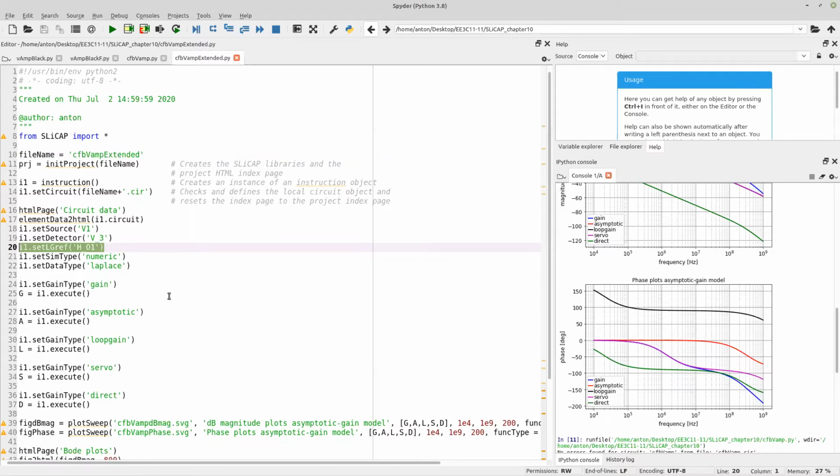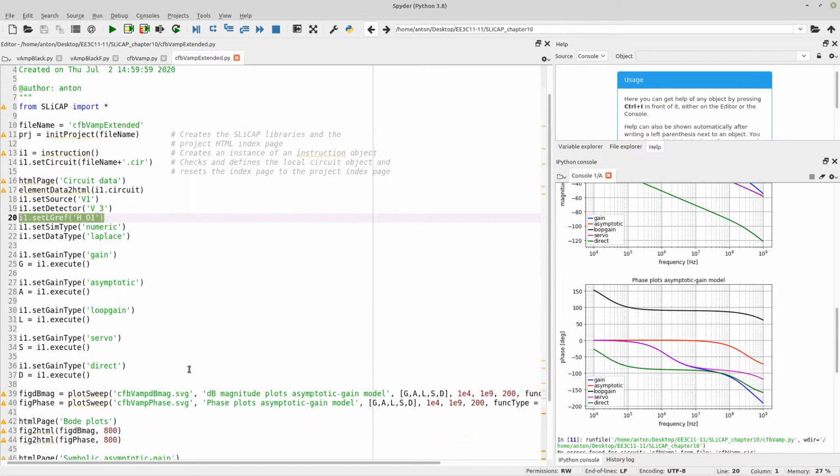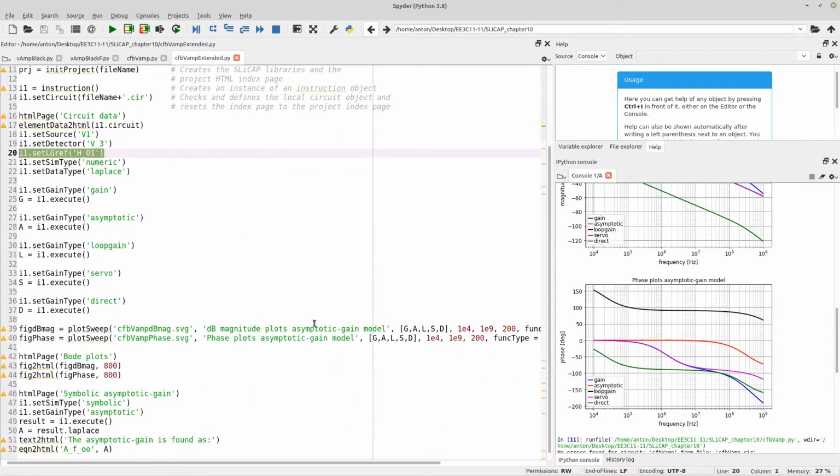And I want to make plots of the gain, the asymptotic gain, the loop gain, the servo function, and the direct transfer as a function of frequency. So that's what I'm doing here to show you this. And you can calculate the gain, the asymptotic gain, the loop gain, the servo function, and the direct transfer, put them in a list and in a plot function, and it will plot it all together in one plot. So by running this,